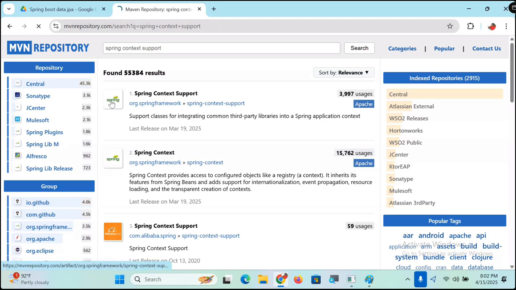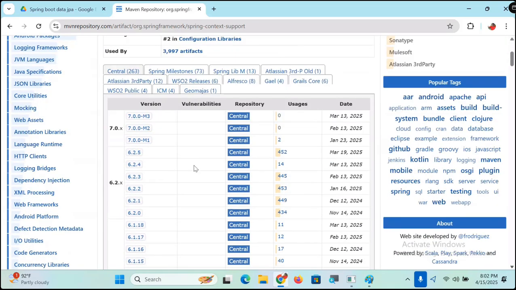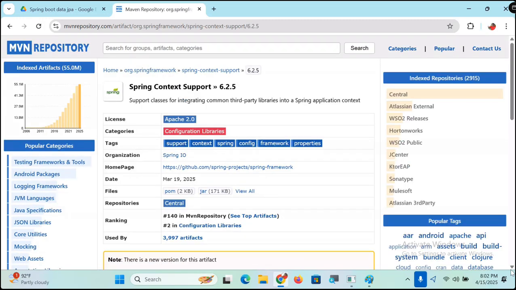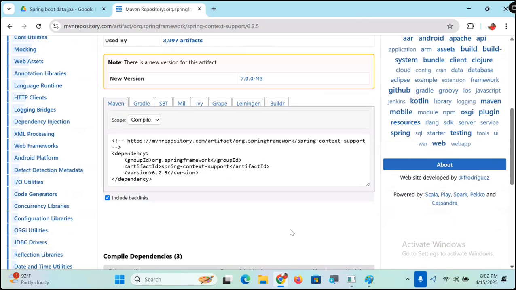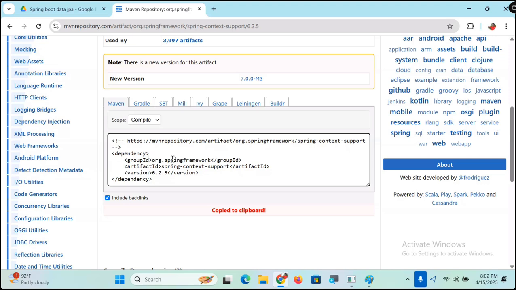Click on Spring. Select the version. The latest is a milestone version, still not officially released. 6.2.5. Whatever dependency information is there is available here. Group ID: org.springframework, artifact ID: spring-context-support, version is 6.2.5. Select this. When you select, it is automatically copied to the clipboard. So go to